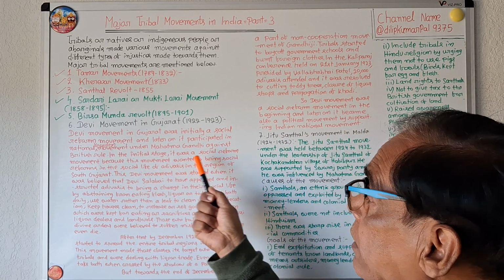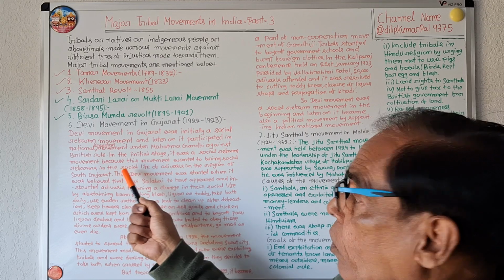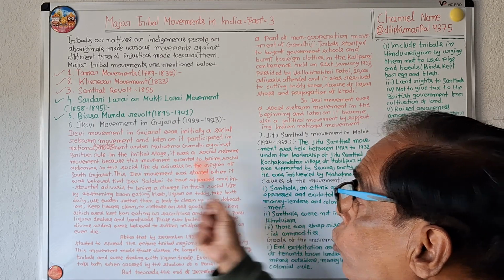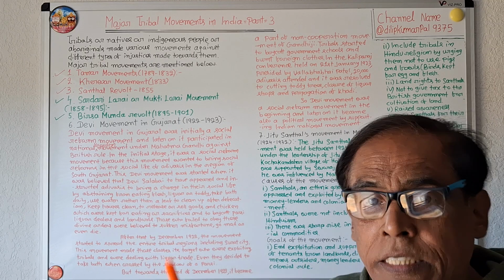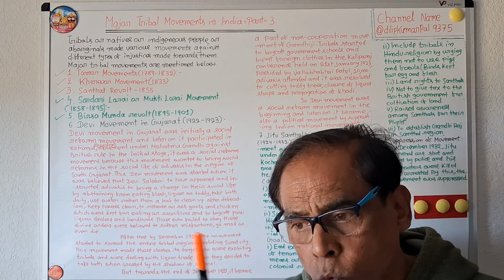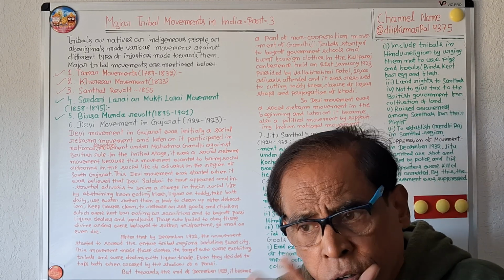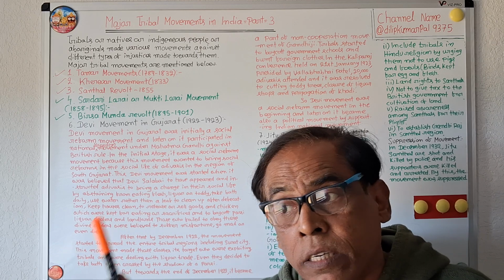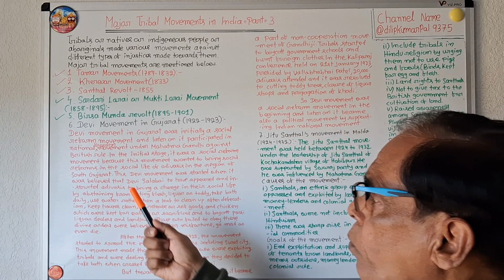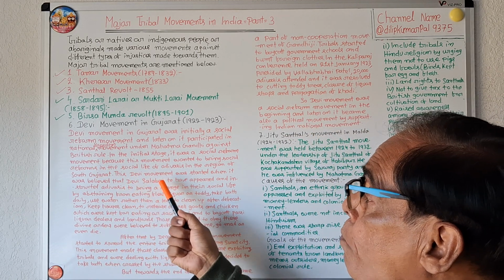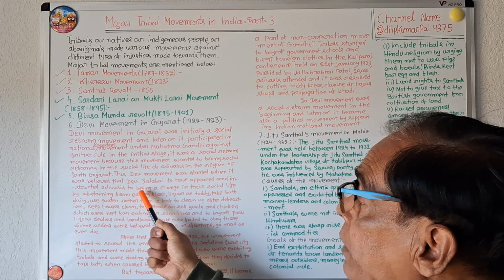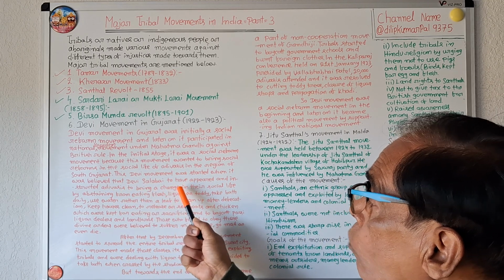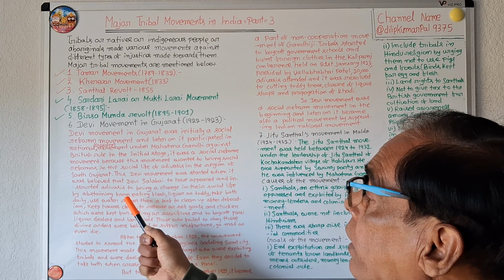In the initial stage, it was a social reform movement because this movement wanted to bring social reforms in the social life of Adivasis in the region of South Gujarat. This Devi movement was started when it was believed that Devi Salabai had appeared and instructed Adivasis